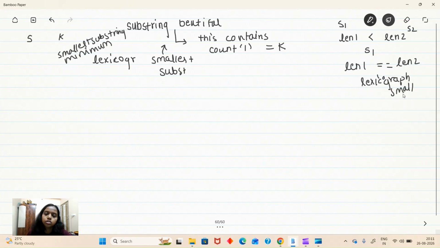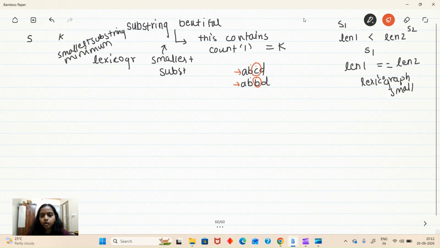So how is lexicographically smaller defined? Let's say we have a b c d and we have a b b d. A and A are same, then fine. B and B in the second position are same, but in the third position both are different. So which is smaller, B or C?